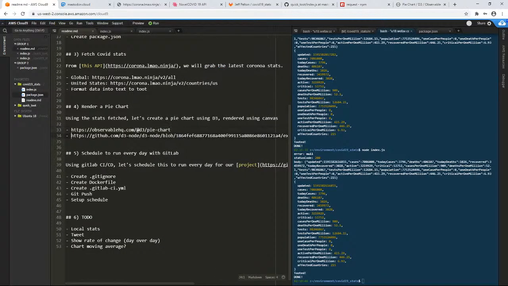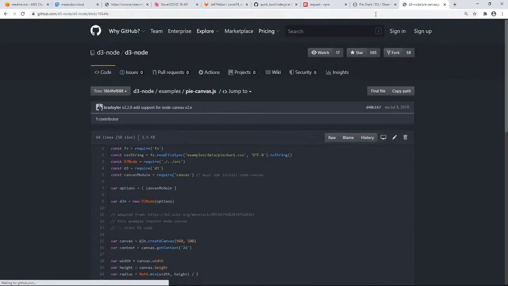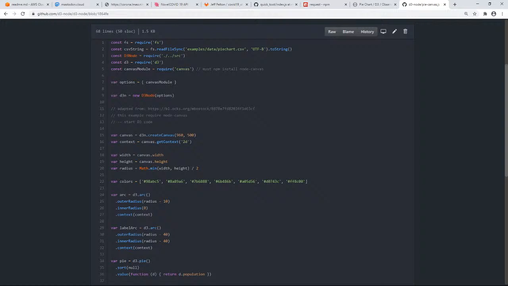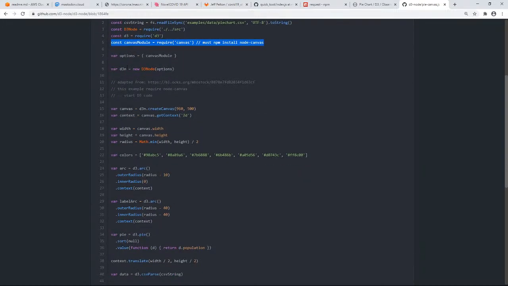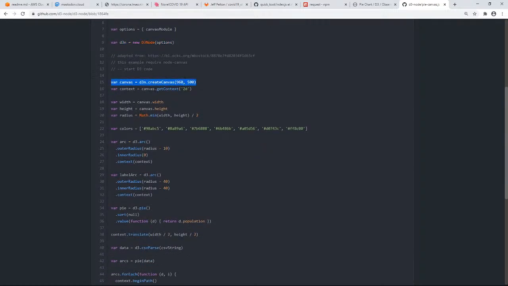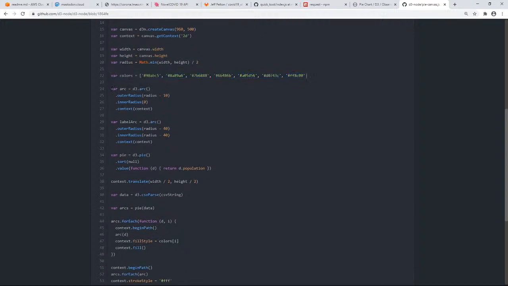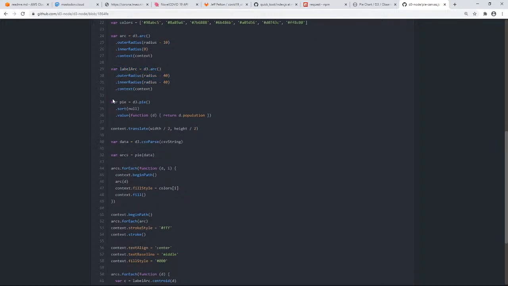Let's go ahead and look at the code to get this server side. So there's something called D3 node that we can use on the server to draw our chart. So looking at this example, they create the D3 node, include D3, canvas, initialize it, create the size of the canvas, create the context in 2D, set up the size, the colors they want to use, create the arc, attach the context, set up the label, create the pie chart itself, attach the values, where it draws the value, the number from,